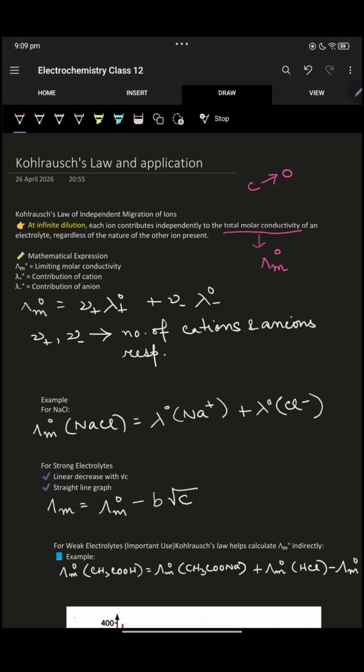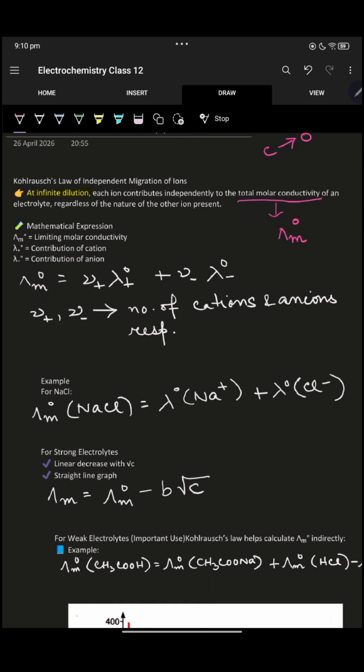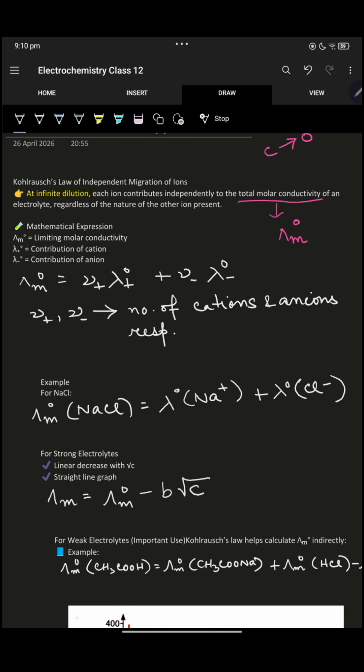Here capital lambda m naught stands for the limiting molar conductivity of the electrolyte, and lambda plus naught is the contribution of the cation to the molar conductivity, and lambda minus naught is the contribution of the anion to the molar conductivity, and this occurs at infinite dilution, that is concentration C tends to 0,